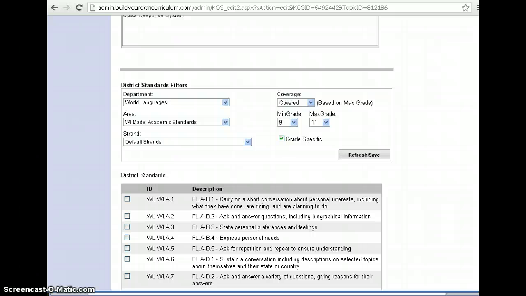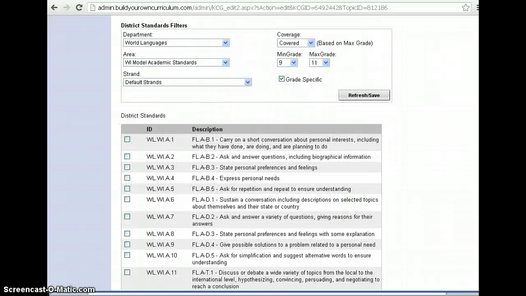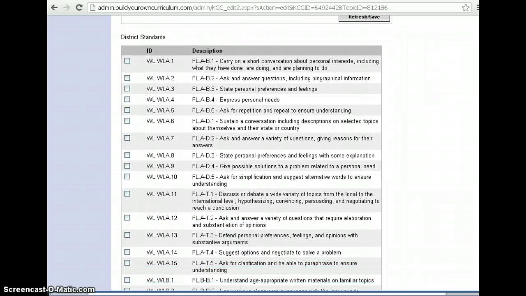So here's world languages, the Wisconsin Model Academic Standards, and if you scroll further, there are all of the standards that are connected, or that we should be addressing within Spanish class, or, I should say, all of the world languages. So what you'll need to do is, based on what your learning target was, find the state standard that fits that learning target. So you would scroll down, and I'm just going to click one just so you can see